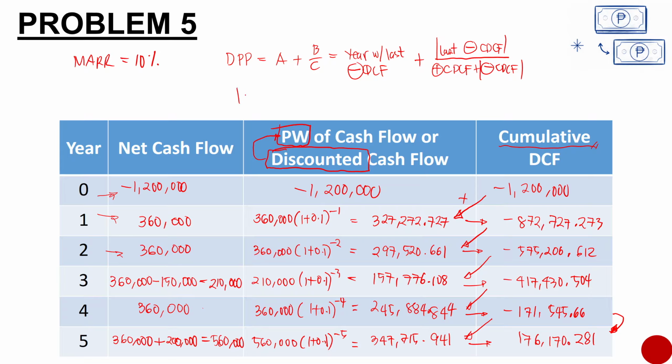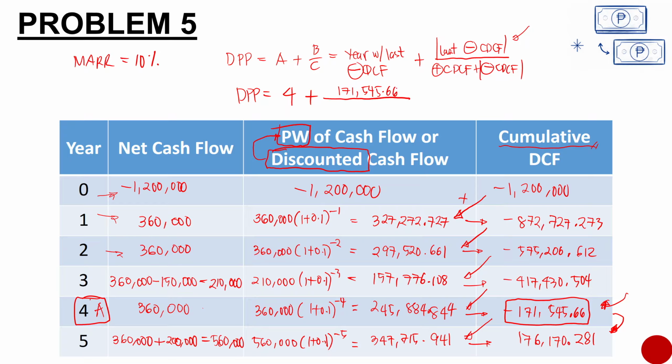Okay. So the year with the last negative cumulative DCF is year 4. The last year with the negative cumulative DCF is year 4. Therefore, this is our A. So this is 4 plus, and then we have our last negative cumulative DCF. We just plus 171,545.66,